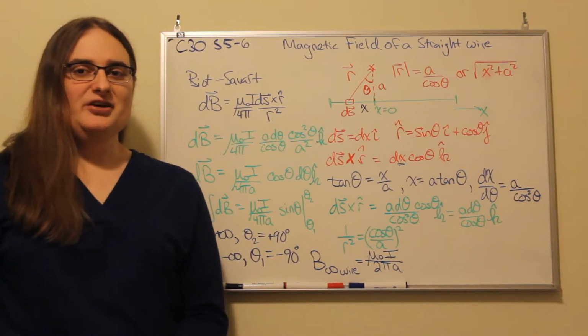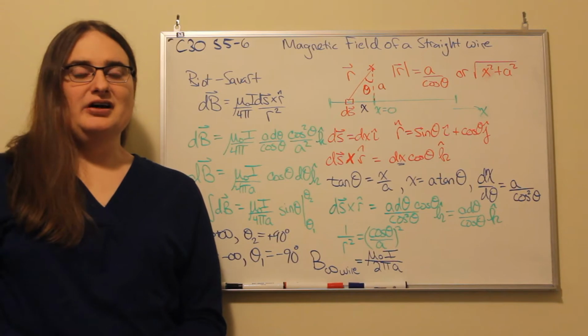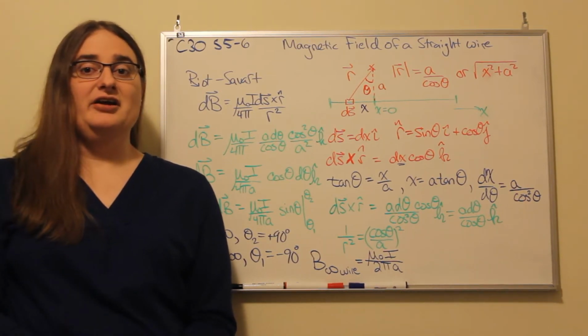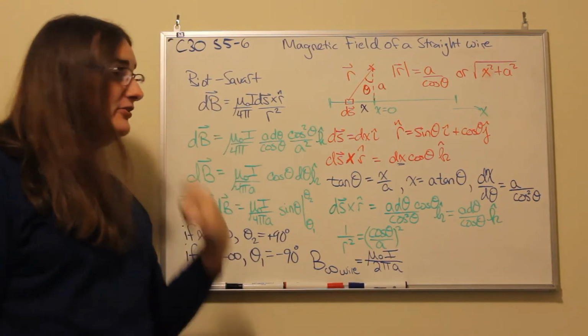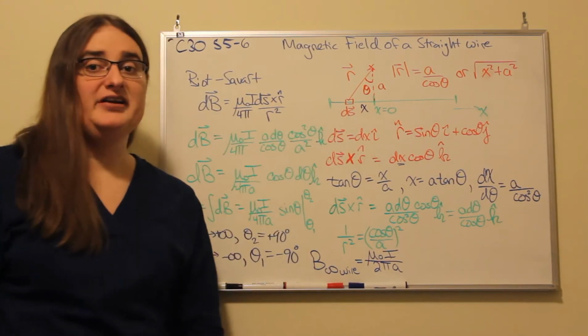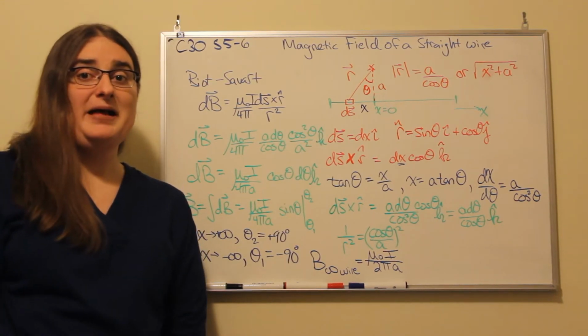Hi, this video is using the Biot-Savart Law to calculate the magnetic field near a long wire carrying current. So the Biot-Savart Law tells us that if we look at some element of current carrying wire following some path